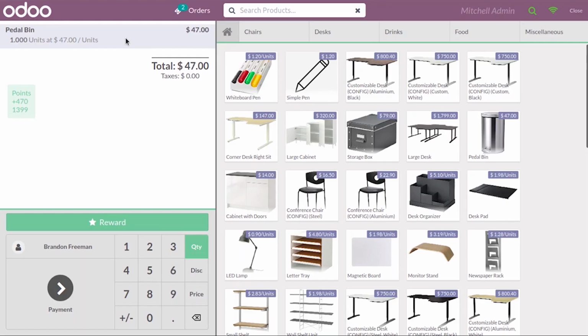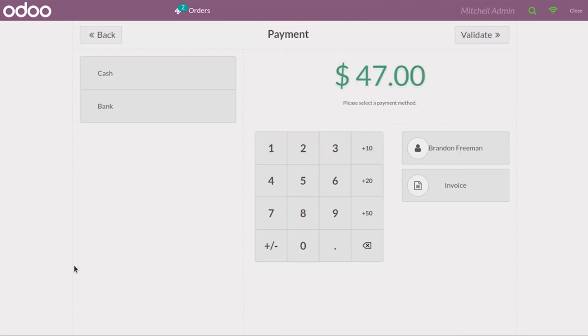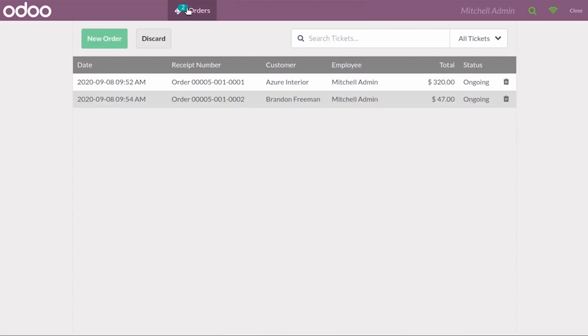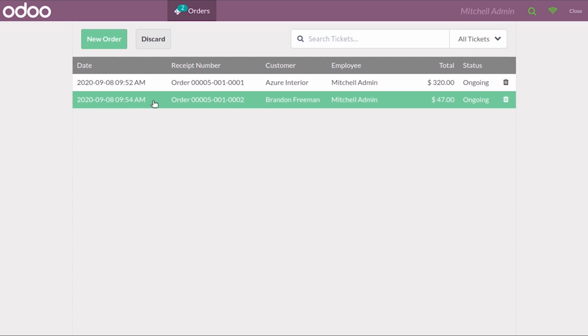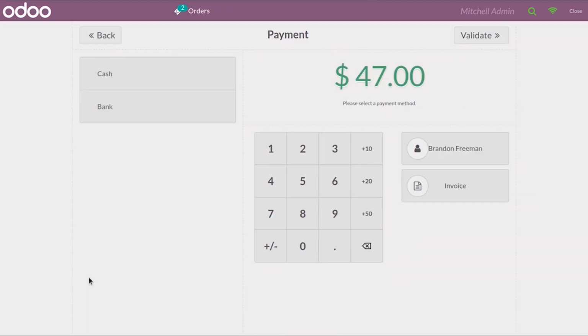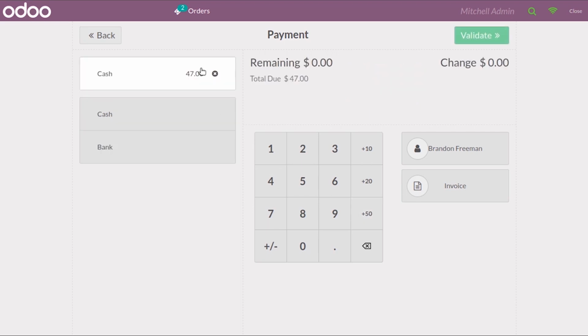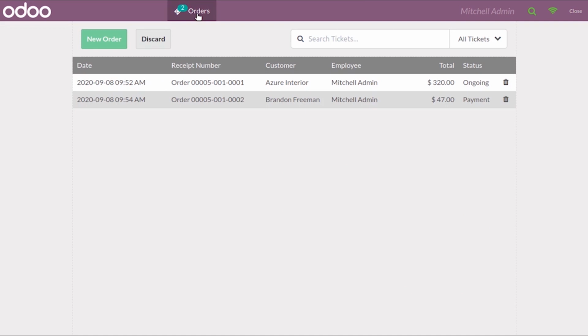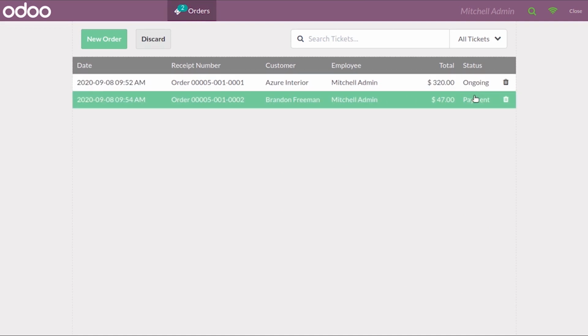So yeah, I'm setting my customer from here, and suppose I make the payment, and suppose if I go back and see my orders, here you can see you have to make this payment. So I think we can select this and we can provide this amount, that is 47. And once you go back to your screen and take your orders, here you can see the status of your order is being changed to payment.